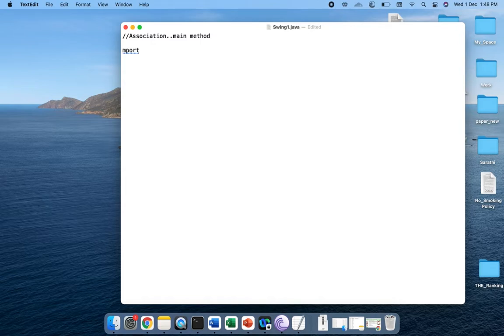first import swing package here. So import javax dot swing dot star and followed by semicolon, and after that we have to write down the main method. That means first let us write down the class. I'll use public class,